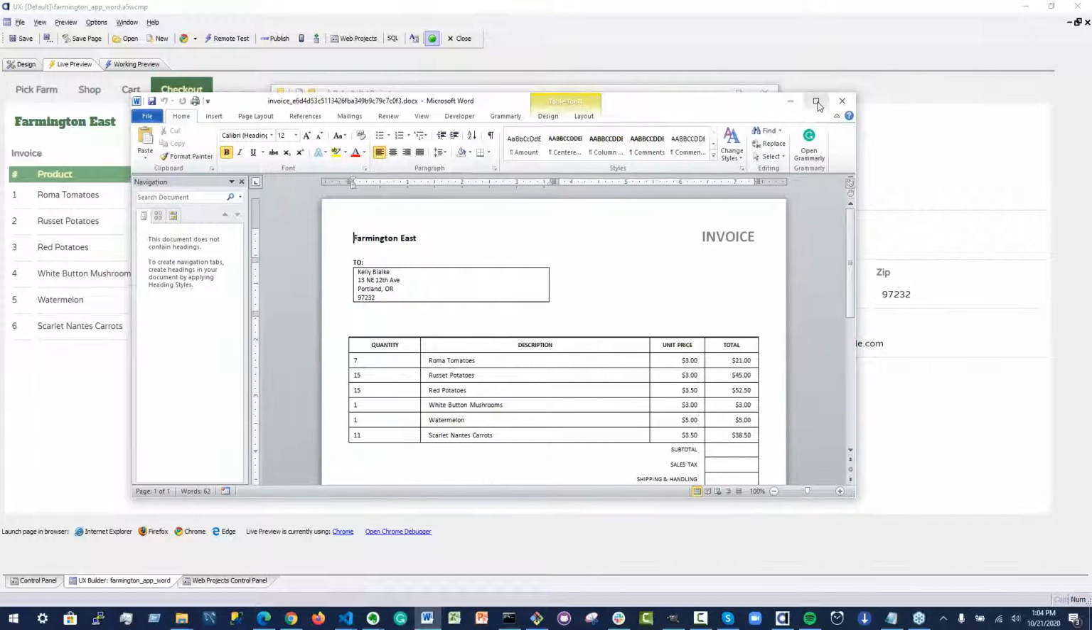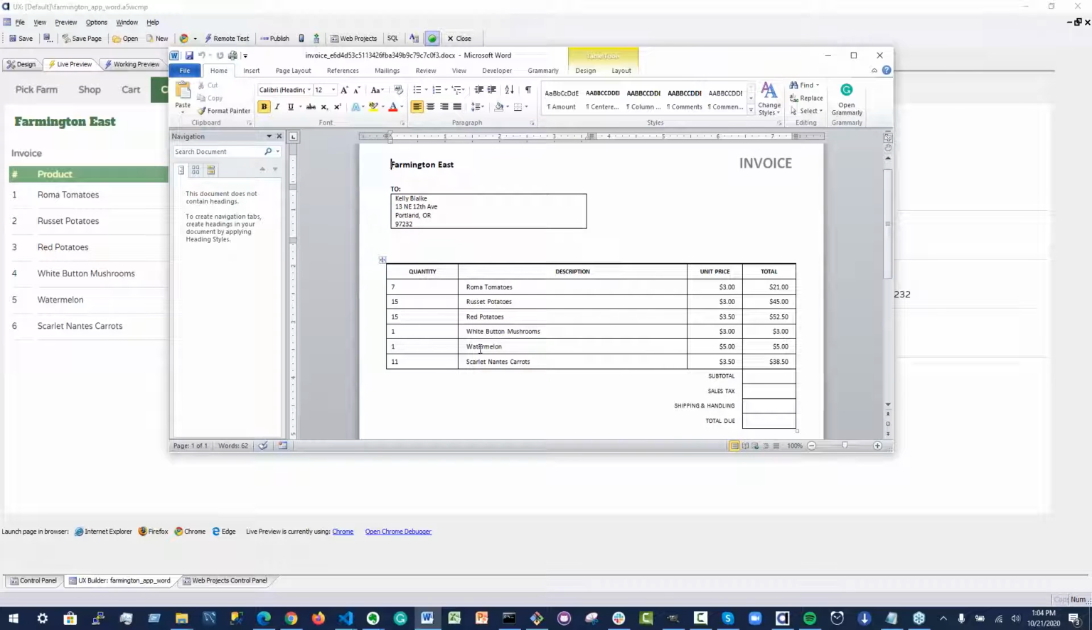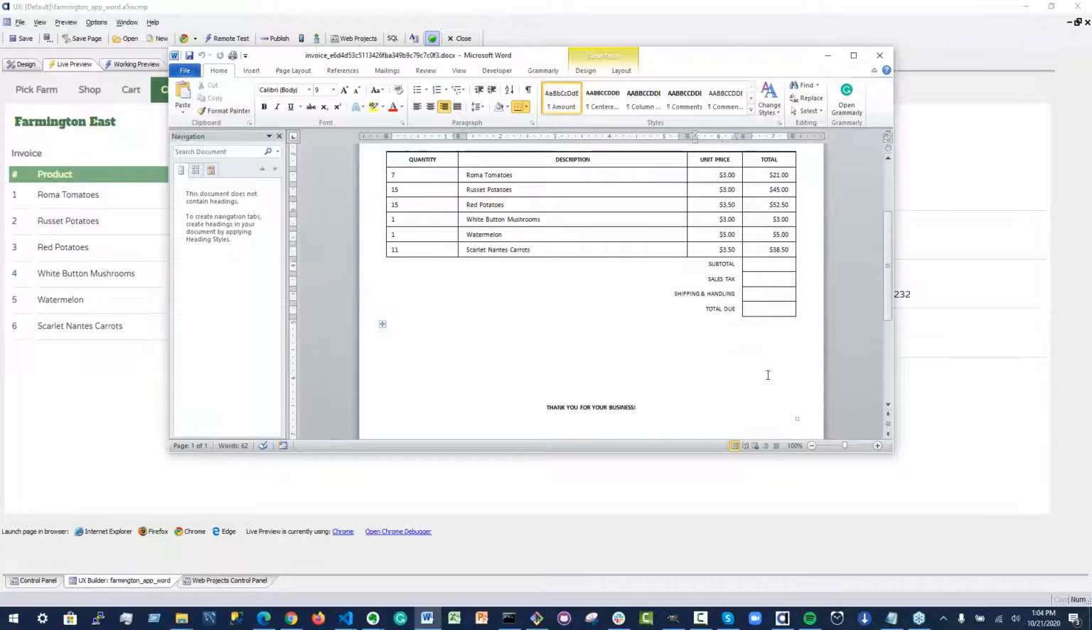We pull that open, and this is our invoice. There's our customer address, name, the items that they ordered, the quantity, the unit price for each one of those, and an initial total. Now this stuff down here is blank because I wanted to show you guys how to create this, how I created this